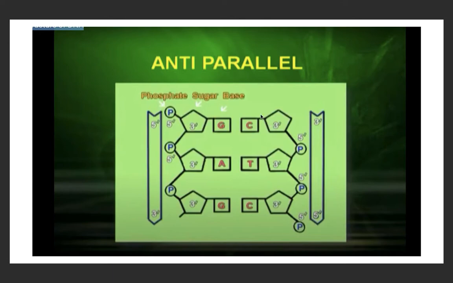try to understand what this anti-parallel arrangement means. The phosphate, sugar and base are arranged with the sugar molecule. When this backbone is formed as a nucleotide chain, on one side there is the 5 prime end and its opposite the 3 prime end, but on the other side, in parallel fashion, the 3 prime end is in front of this 5 prime end, and the 5 prime end is in front of this 3 prime end. This is known as the anti-parallel arrangement of the polynucleotide chain.